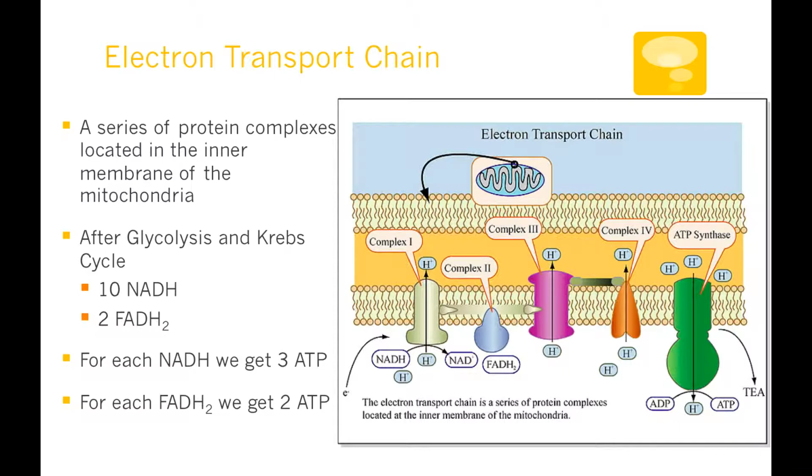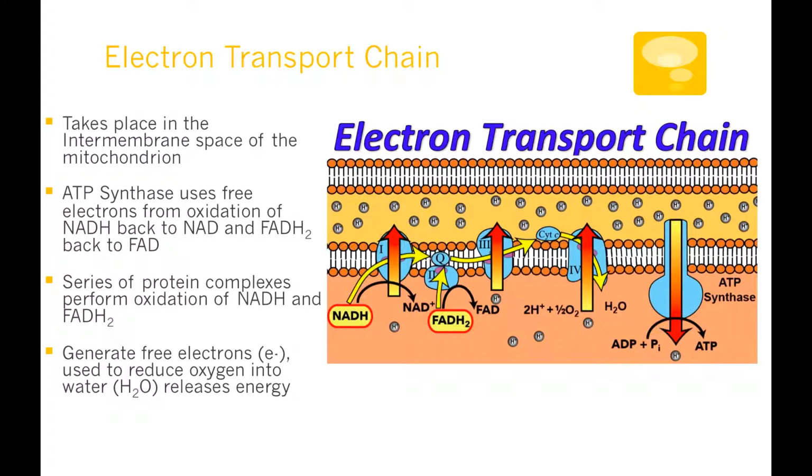Now, as you can see, we've got this diagram over here. We've got complex 1, 2, 3, and 4, and what's happening is that the electron transport chain takes place in the inner membrane space of the mitochondria. So remember that the mitochondria has two membranes. It has its outer membrane and its inner membrane. And the intermembrane space between the outer and the inner is where